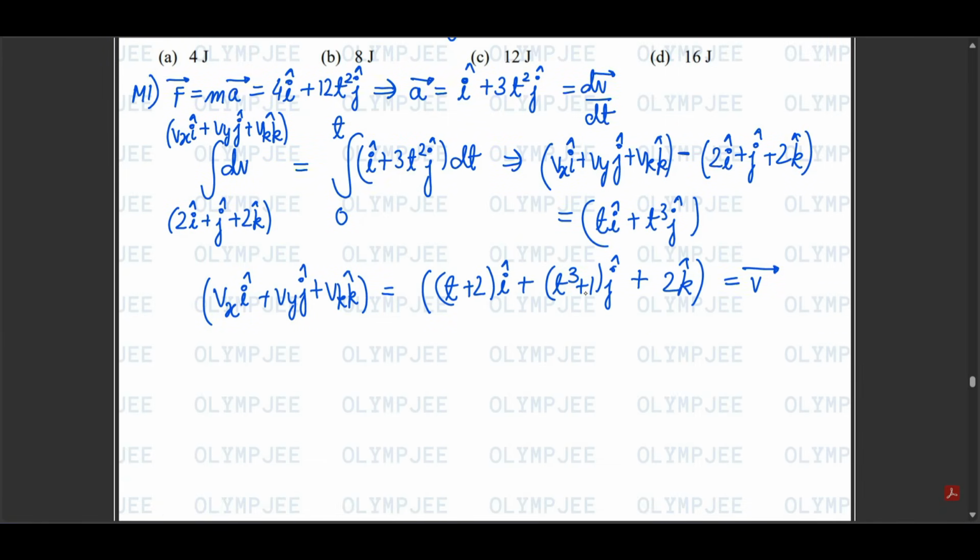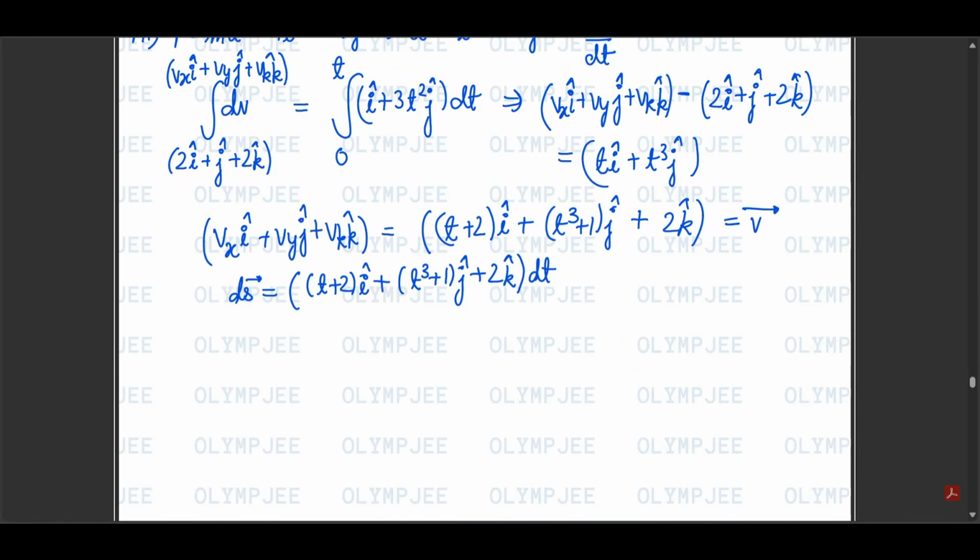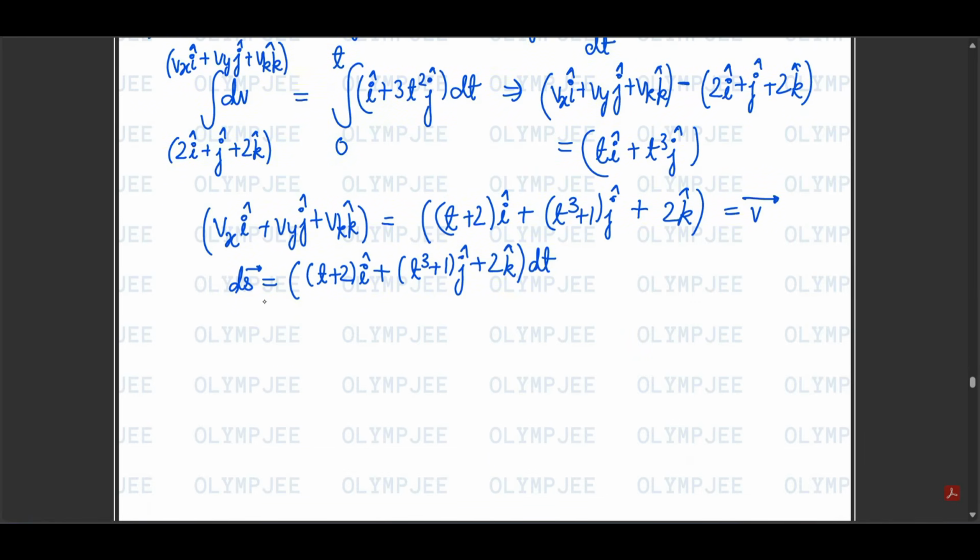We can write v as ds by dt. So ds will become t plus 2 i cap plus t cube plus 1 j cap plus 2k cap multiplied by dt. From here we can take the dot product with f and then integrate it. So work done will be